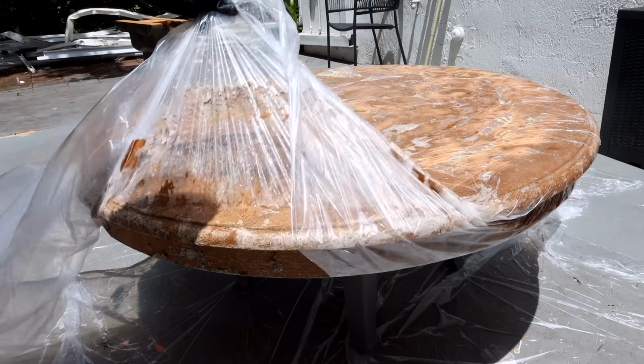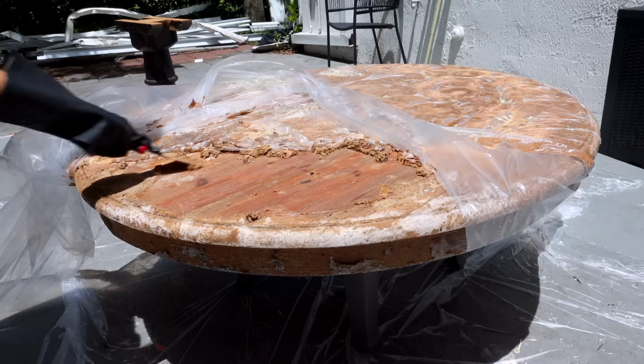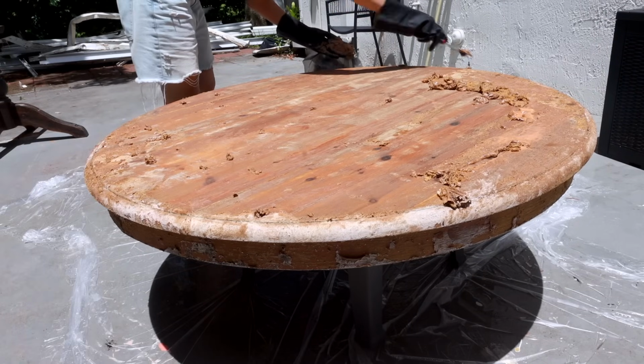I think our table is stripped and ready, so let's see what the color underneath is. I'm so curious. When I peel back the plastic, you guys, I did not expect it to be this gross, I guess, but it's crazy how quick the paint stripper actually lifted everything up. Using a putty knife, I just went ahead and got rid of all of that excess. It was super gunky and gooey, but you were able to see the beautiful wood underneath,